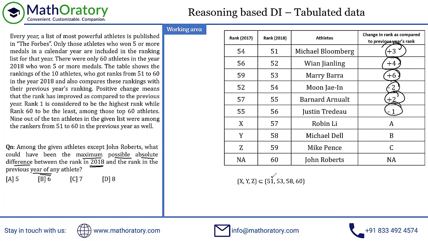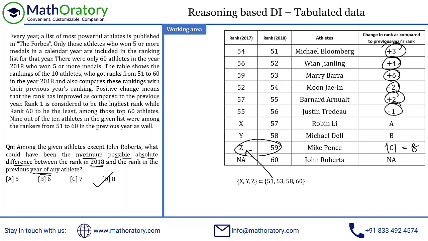If we assign this 51 to this Z, the difference of 51 and 59 will be 8, right? So this mod of C will be equal to 8, and no other value can actually be 8. If you think about it, for 57, you cannot have a plus 8 or minus 8. Even for 58, you cannot have a minus 8 because 50 is not among the possibilities, right? So this is the maximum difference we can get. That should be our answer. And anyhow, if you look at the options, there's no option greater than 8. So if there's a possibility of 8, that has to be the maximum one. So that's it for this question.